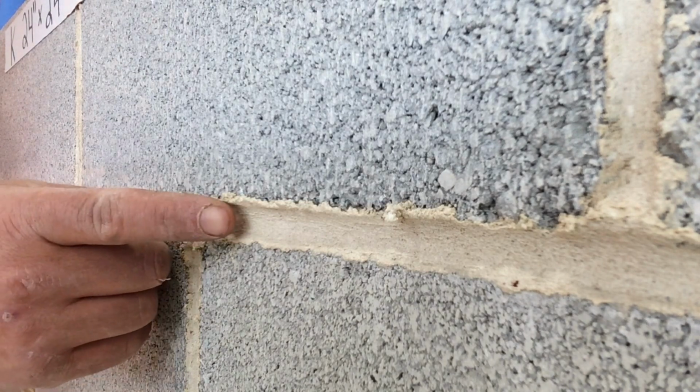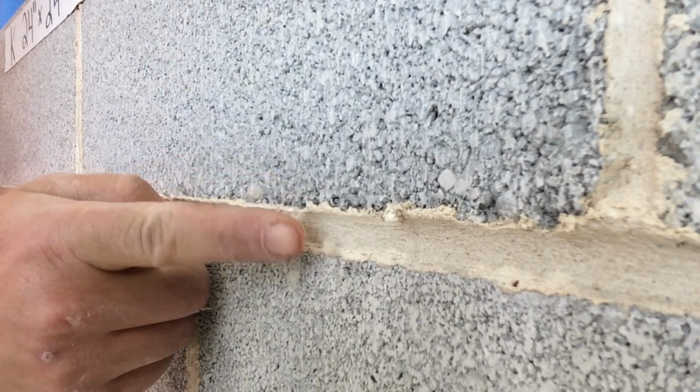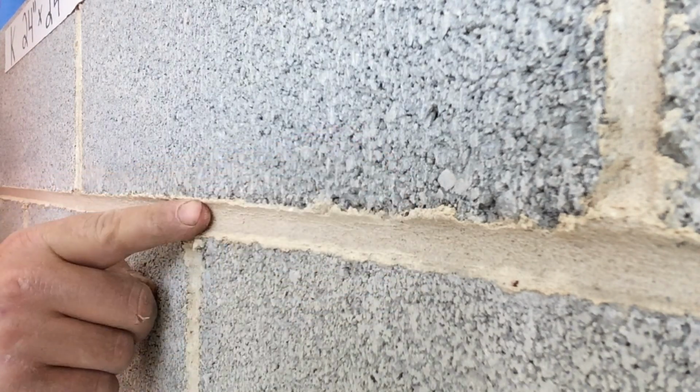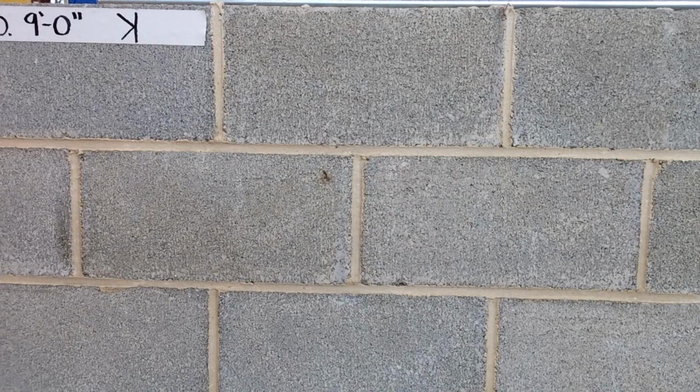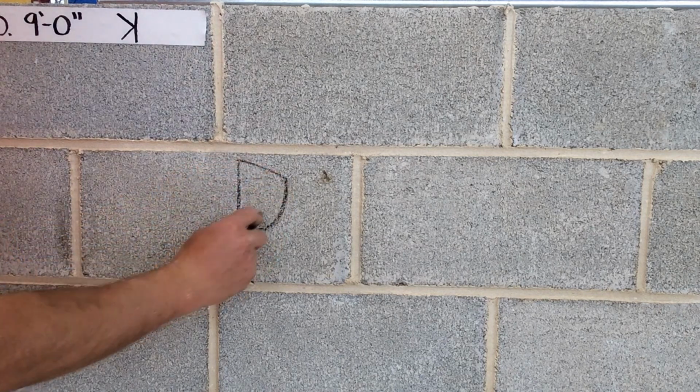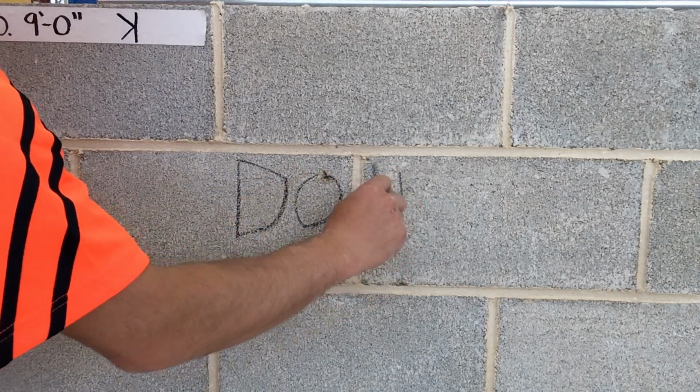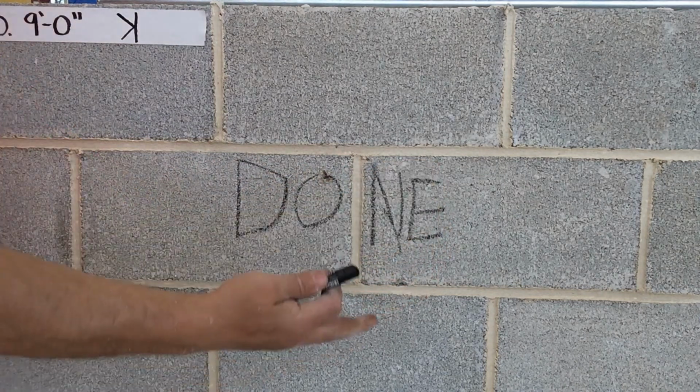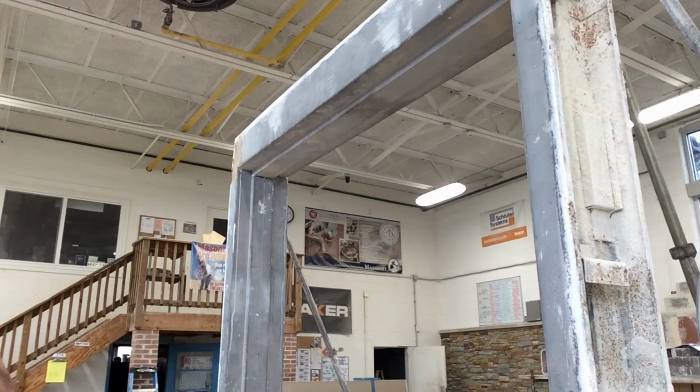The last trade to get to the wall is the painters. Painters, don't paint the wall if the wall hasn't been rubbed down yet. If you see big chunks of mortar sticking out of the wall, that means the wall hasn't been rubbed down or scraped down. Masons, before the painter gets to the wall, you need to let them know that it's okay to paint the wall and that the wall has been scraped or rubbed down. Label the wall. Done. Real obvious for the painter.